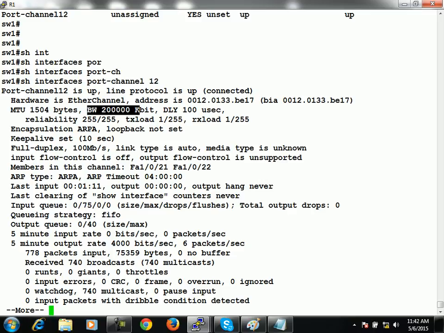And one more thing, you cannot utilize this bandwidth 100%. Remember, in the case of EtherChannel, you will never be able to utilize the bandwidth 100%. You cannot say that you will be able to utilize 100% of the bandwidth of this port channel. I'll be discussing why that is not possible as well, right? But for now,